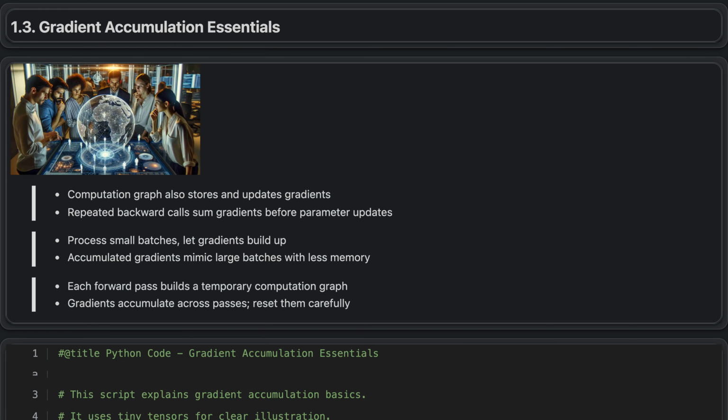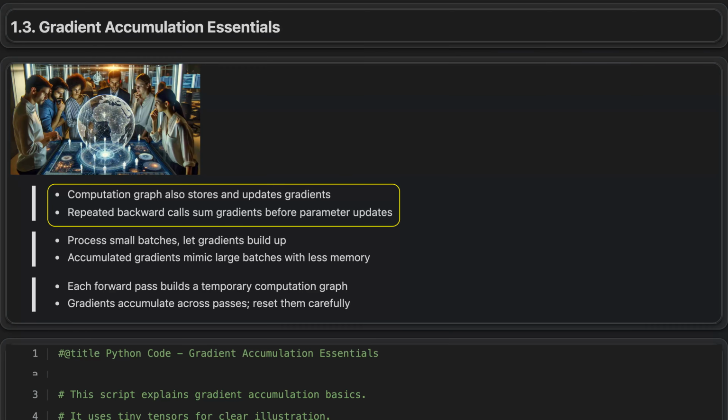Gradient accumulation essentials. Gradient accumulation is a way to store and build up gradient information over time during training. In PyTorch, each tensor that tracks gradients has a gradient attribute that starts empty, and each backward pass adds new gradient contributions instead of replacing them. If you run several backward passes without clearing these values, the gradients are summed, giving a running total of how each parameter affects different losses. This lets you collect gradient information across multiple cycles before updating the model's parameters, which is useful for managing more